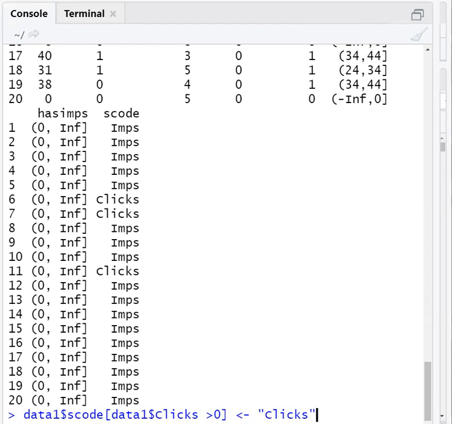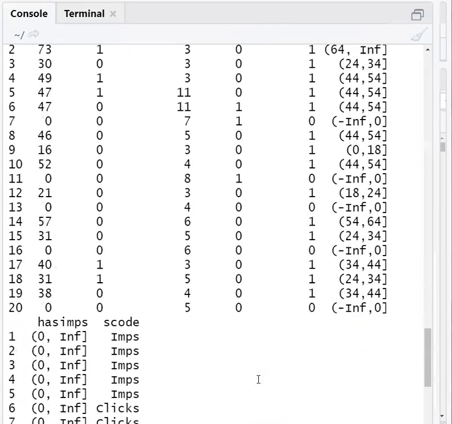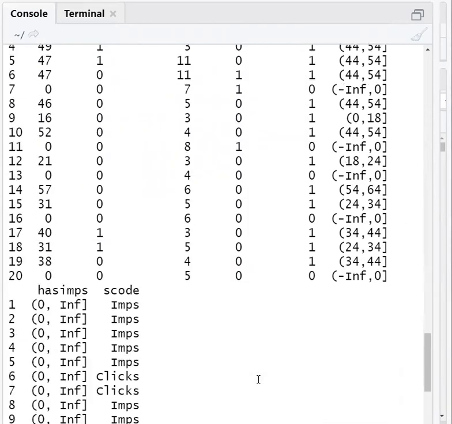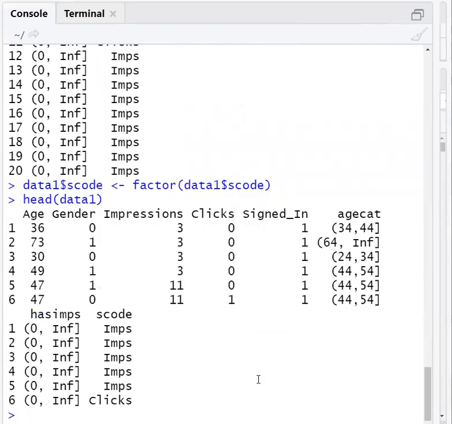So we can convert it into a factor. We'll convert it into a factor and store it in the same array, data 1 S code. If we again print it, we may not observe any difference at all. The same values are present, but now they are enumerated.